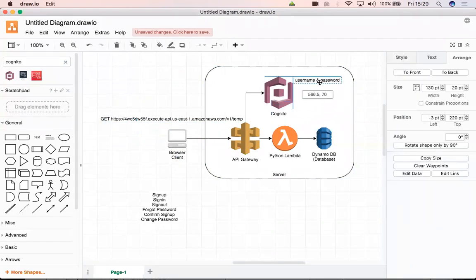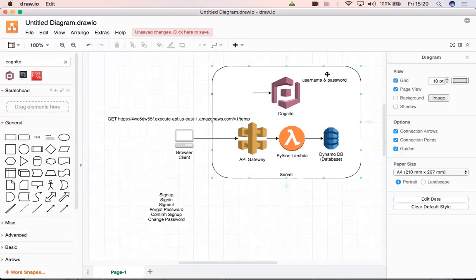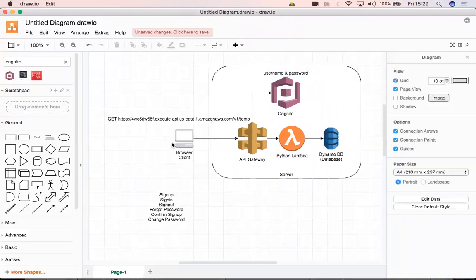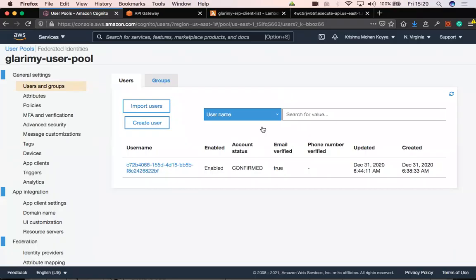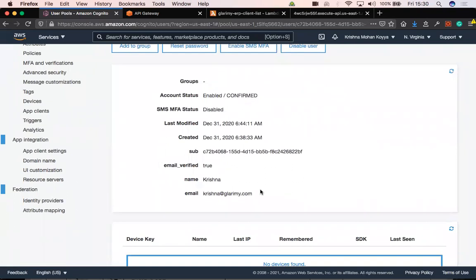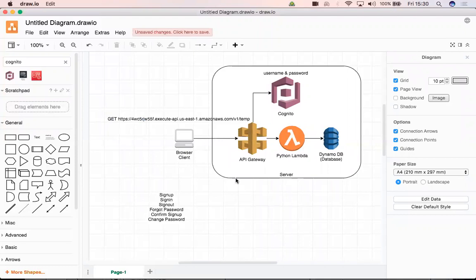Whatever usernames and passwords are registered with the Cognito must be sent along with the URL. Only then the API gateway, upon receiving the request, sends it to the Cognito and asks it to please check the username and password. The only user currently is, as you have seen, with the email ID krishna@glarimai.com, and the password will not even be shown to the admin. Only the user knows that password. As long as this user sends it and Cognito checks and says yes, this is a proper user, only then the API gateway passes it on to the actual Lambda.